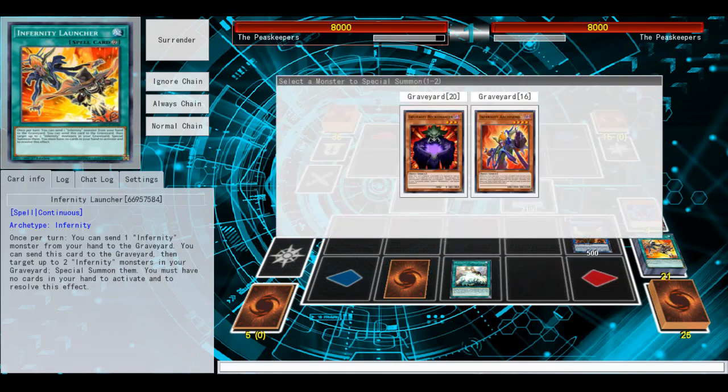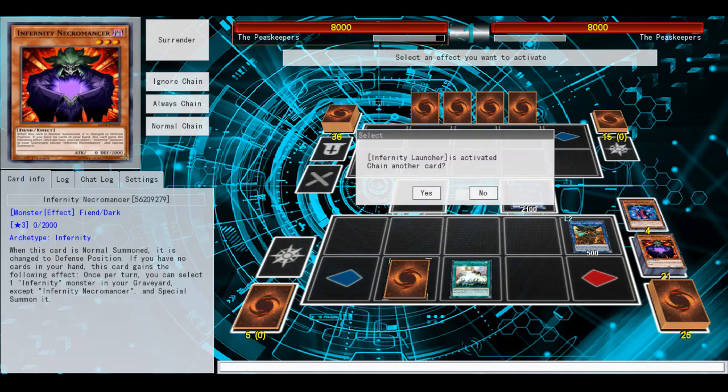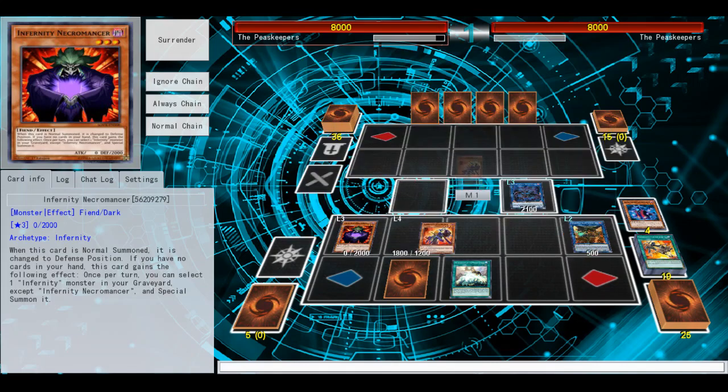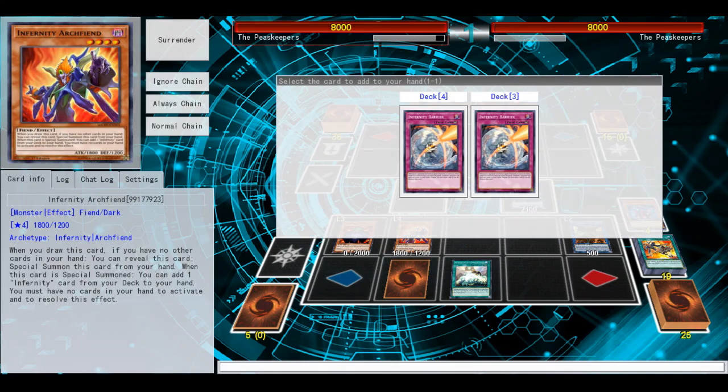Now, it's very important that we summon these to the right zones, so we need to make sure that Necromancer is in the far left zone. So Necromancer goes over here, and Archfiend is going to go here. We have no cards in hand, so Archfiend is going to resolve, and he's going to search the first of